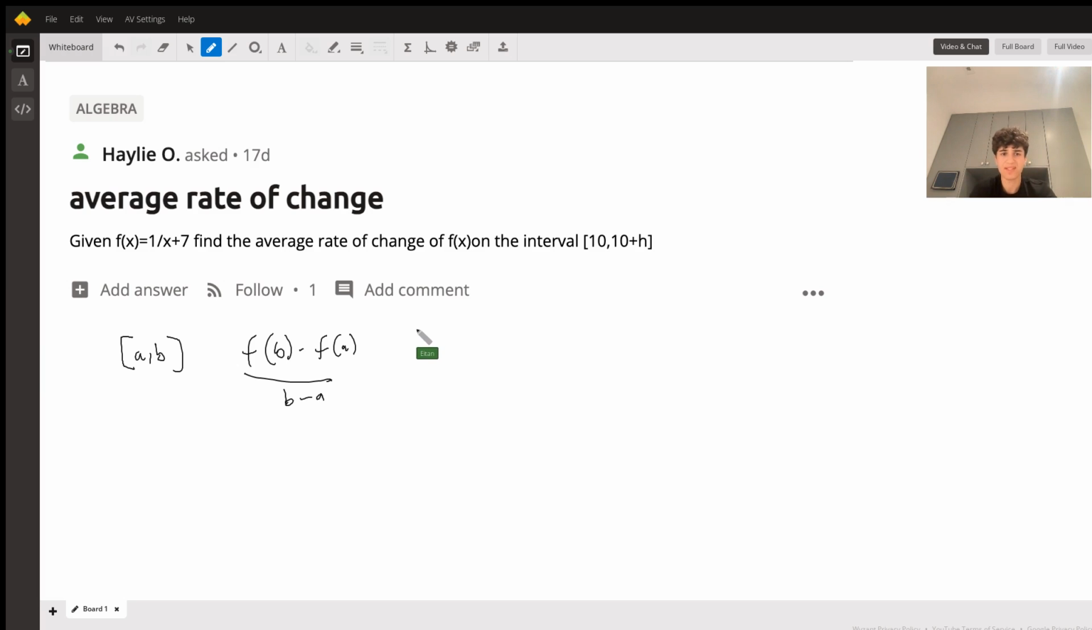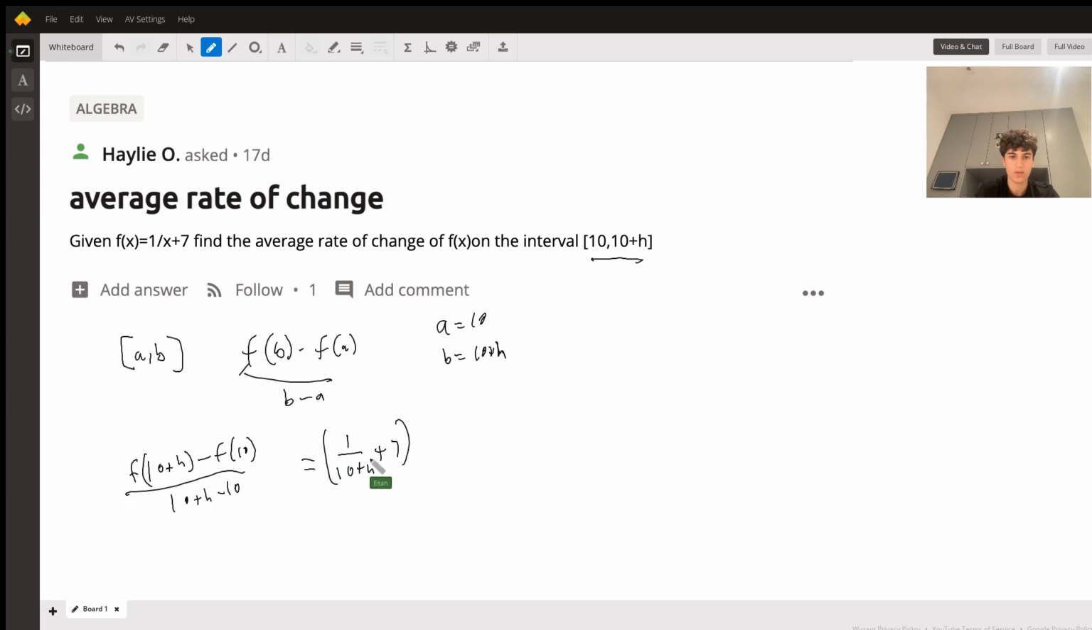So in this case, a is going to be equal to 10 and b is going to be equal to 10 plus h because that's our interval right here. And so what we're going to do is plug into that formula. So we have f of 10 plus h minus f of 10 over 10 plus h minus 10. And that's going to be equal to 1 over 10 plus h plus 7 minus 1 over 10 plus 7